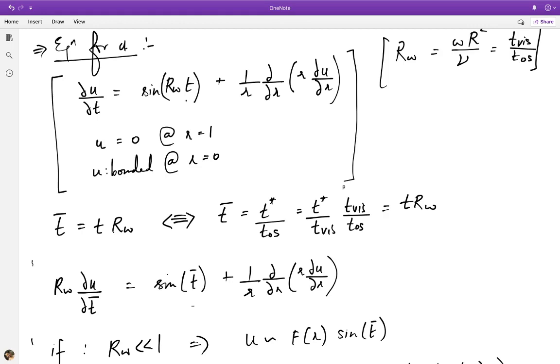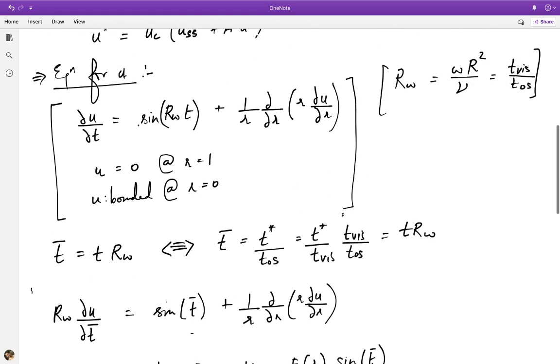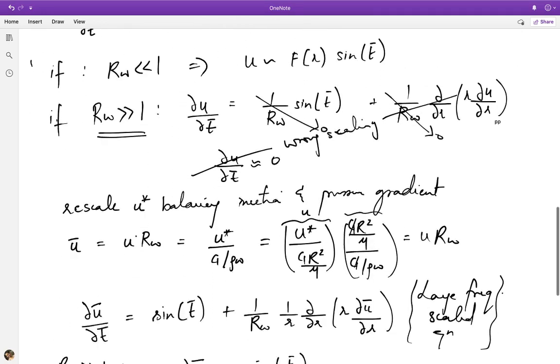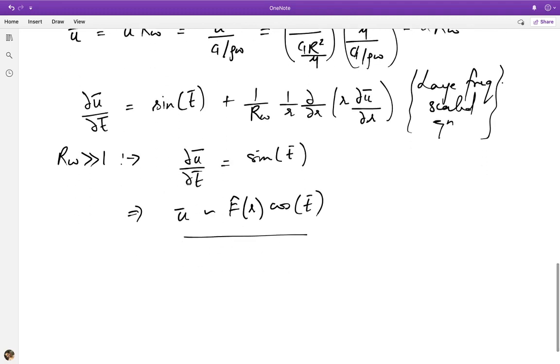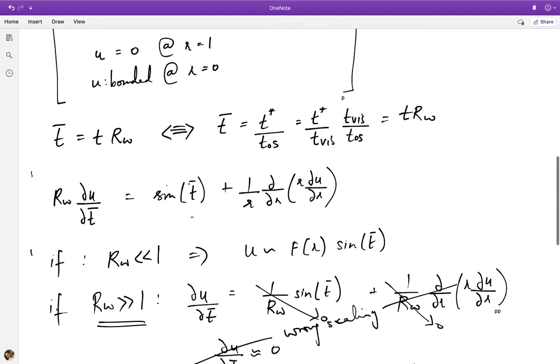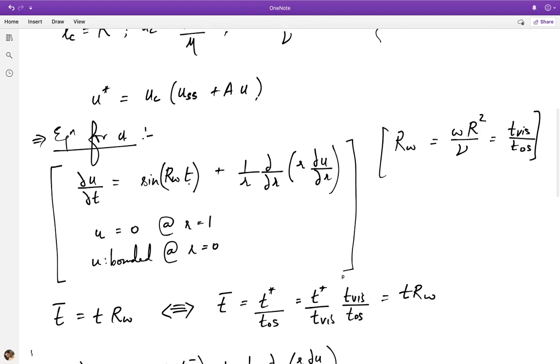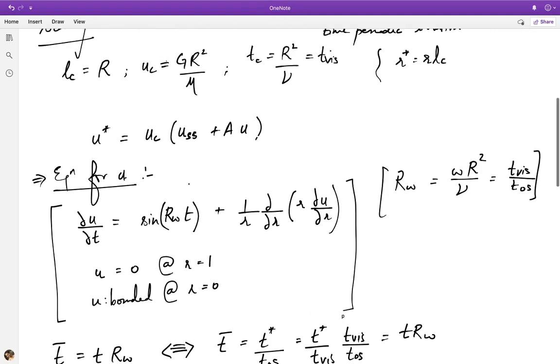Okay, so you can see now that this simple scaling analysis, both the original scaling and then various rescalings, have revealed an interesting aspect of the problem from a physical perspective. So we already know what to expect, depending on what the driving frequency is relative to the viscous time scale in the problem, which basically involves the viscosity as well as the dimension of the pipe, right? So a very small pipe like a microfluidic channel you expect to be in phase, but a larger pipe you expect a significant out of phase response.